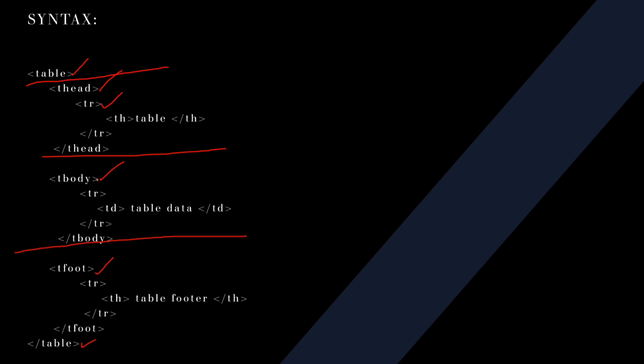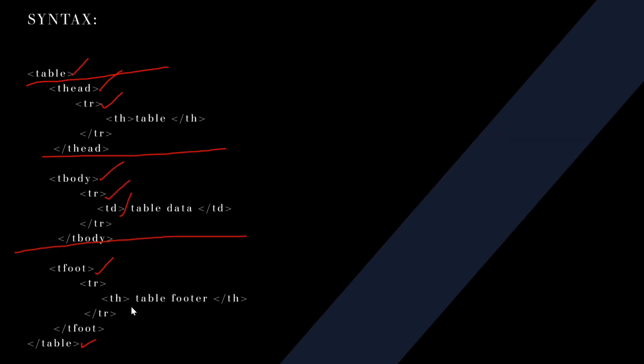Let's move on to the table body part. The table body has an open tag and a close tag. In between we write the TR, means again each data, whatever the data would be inserted into the table, we write using the TD tag, and that table data should be inserted into the table rows using the TR tag. Similarly the footer tag, where we write the result. Let me show it in an example code.